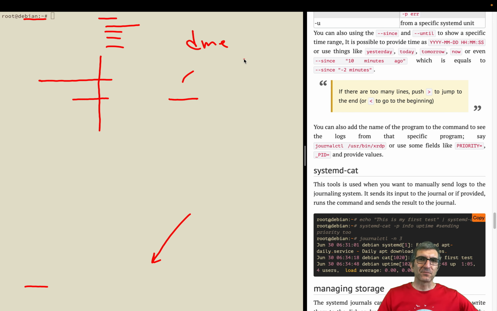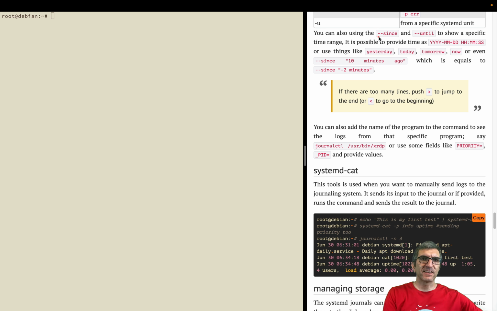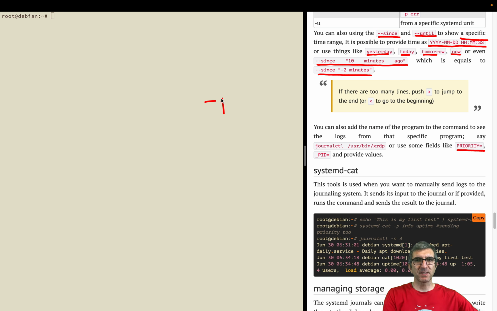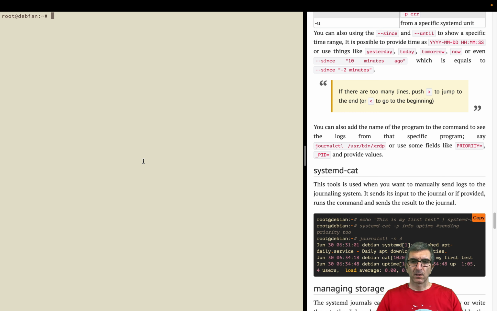You can say since and until. Give it a specific date and time, or give it only the time, or only the date, or say from yesterday, today, tomorrow, now, since 10 minutes ago, since minus 2 minutes, and other stuff. You can also use things like priority. -p info was working. You can also say, let me show you,